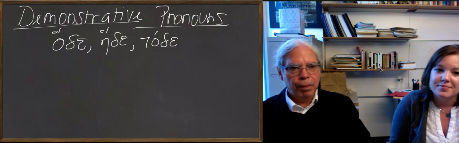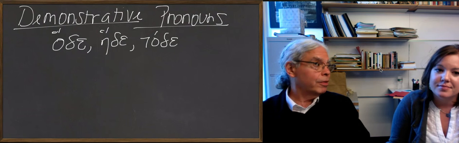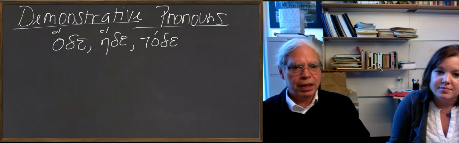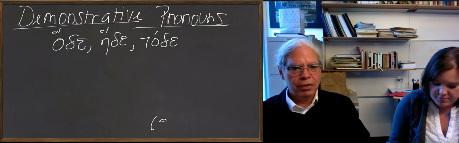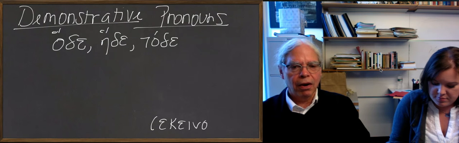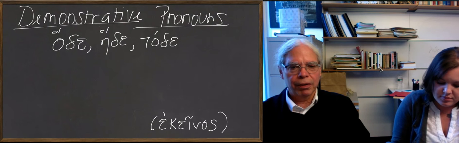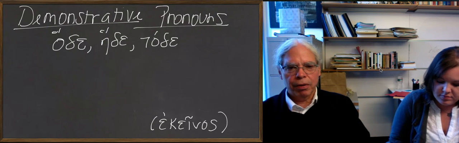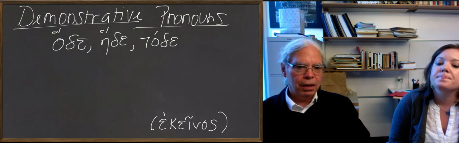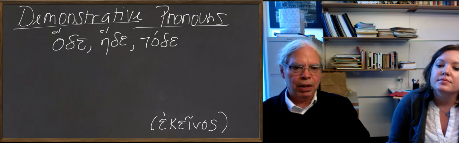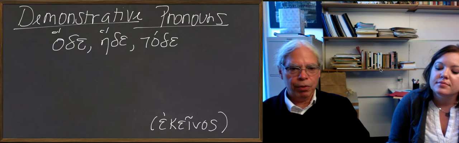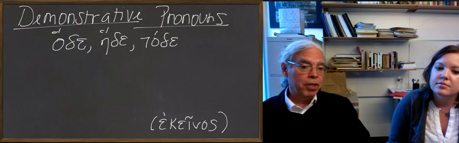Let's remember that you already have one of these. The one that you know is ekenos, okay? Ekenos, ekene, ekeno. Remember that has the omicron ending in the neuter form, okay? That's a pronoun that means that, in the plural, those, and it can be an adjective as well as a noun. It can mean that person all by itself, or you can use it as an adjective, that book, that house, and so forth, or those people. It's a word derived from an adverb eke that means there,